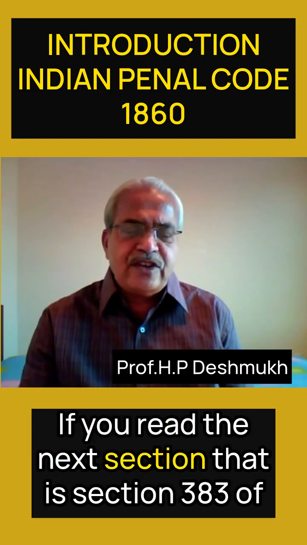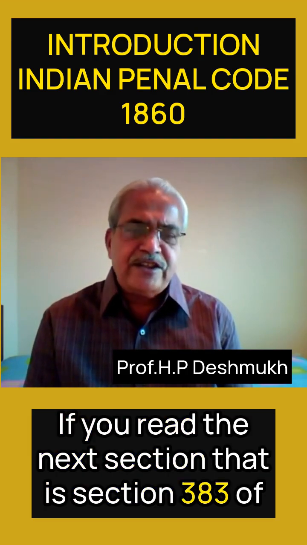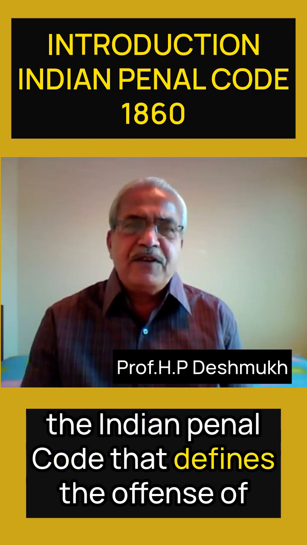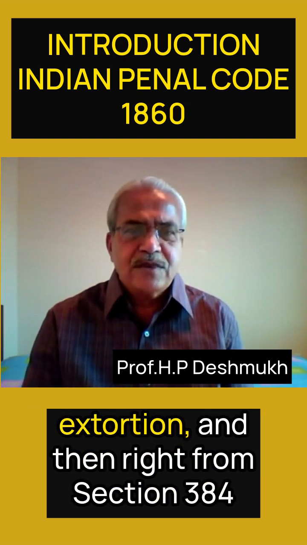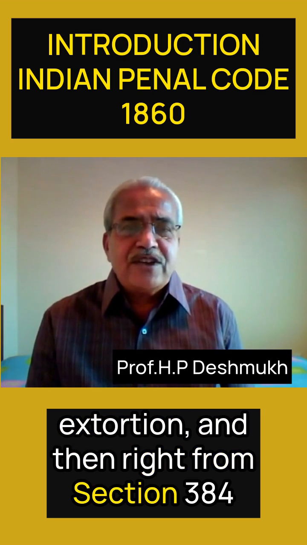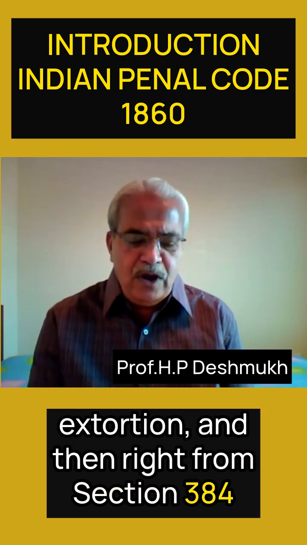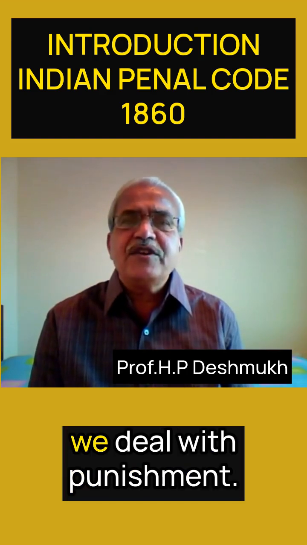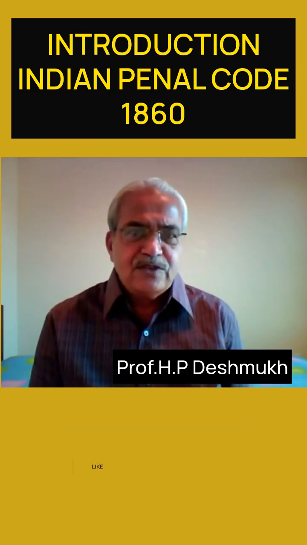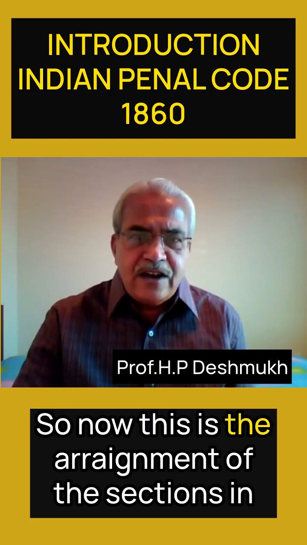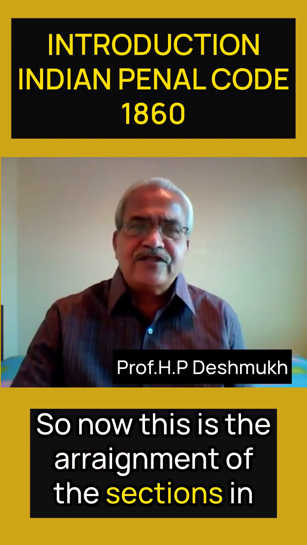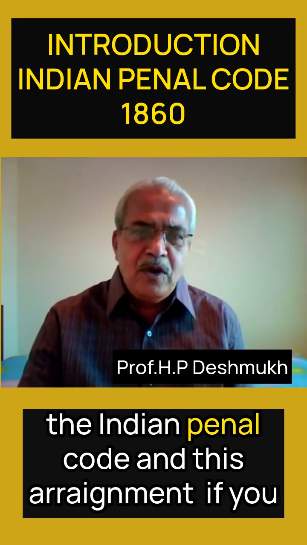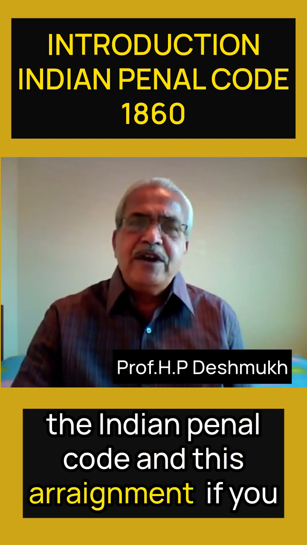If you read the next section, that is section 383 of the Indian Penal Code, that defines the offense of extortion. And then right from section 384 up to section 389 are the sections which deal with punishment. So now this is the arrangement of the sections in the Indian Penal Code, and this arrangement, if you understand,